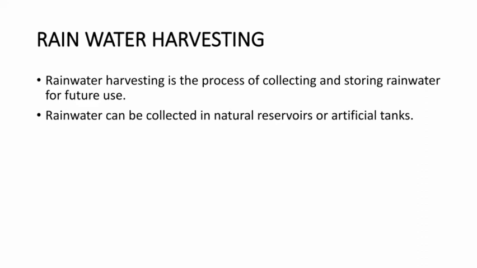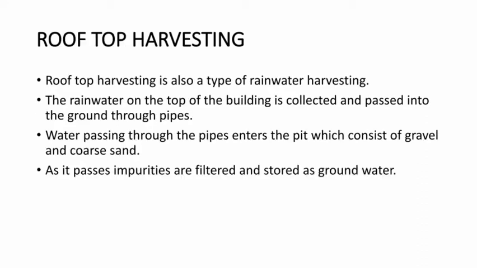Rooftop harvesting. Rooftop harvesting is also a type of rainwater harvesting. The rainwater on the top of the building is collected and passed into the ground through pipes. Water passing through the pipes enters the pit, which consists of gravel and coarse sand, sand of different sizes. As it passes, impurities are filtered